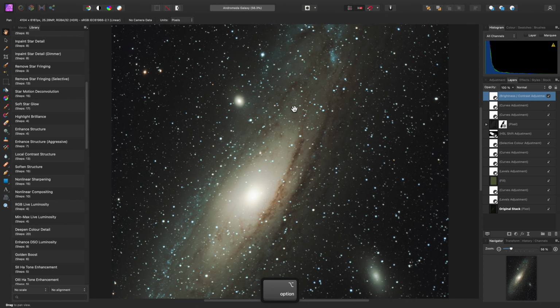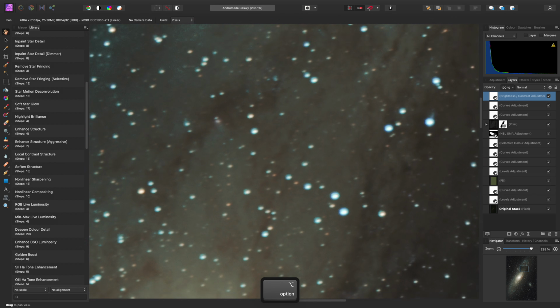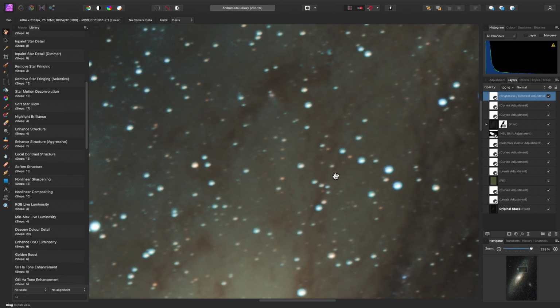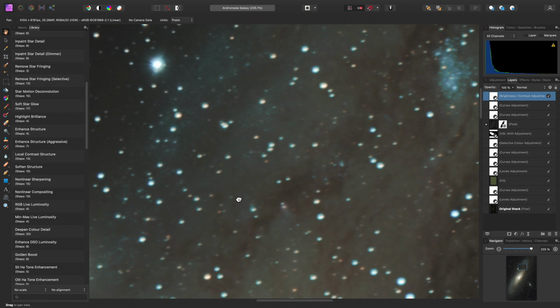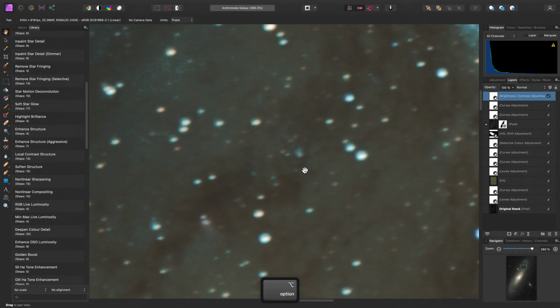Star motion deconvolution produces quite a subtle effect, and you do need to be zoomed in to appreciate what it is actually doing. It essentially tries to make elongated star trails appear more circular, to reduce the appearance of star motion that may have been as a result of inaccurate tracking or using equipment that is simply not designed for longer exposures. Now, I would advise running the macro quite close to your original data layers before most of your retouching work. So for example here, I will run the macro above the tone stretching adjustments, but before any further